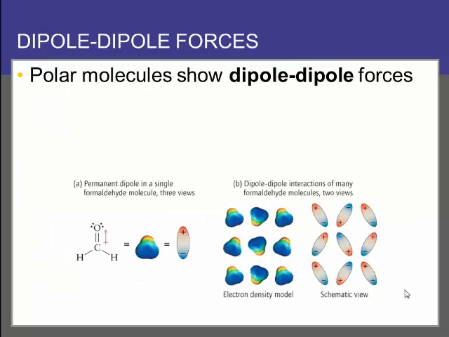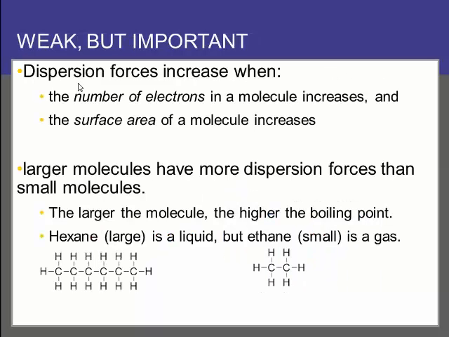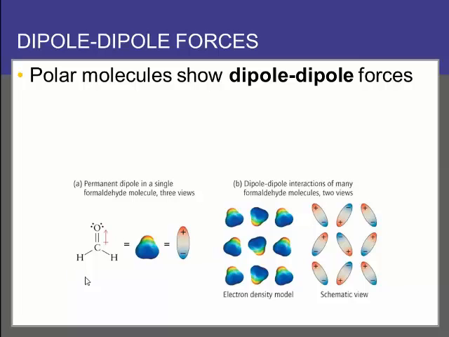The next level of intermolecular forces are the dipole-dipole forces. And those are when we have polar molecules. So now it's important to be able to recognize if our molecule is polar. Hydrocarbons are not polar, but molecules that have different types of bonds in them, like formaldehyde here, are certainly polar. Here's the electron density diagram. Blue is lots of partial positive charge, and red is the partial negative charge,